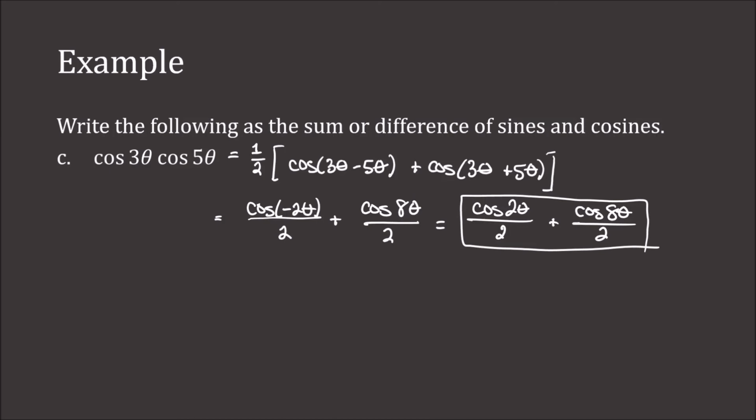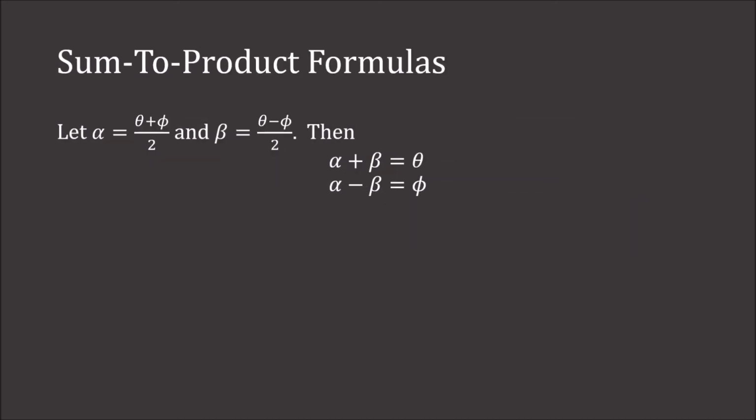Now we will look at the sum to product identities. To do this, let alpha be (theta plus phi) over 2, and let beta be (theta minus phi) over 2. Then alpha plus beta would be theta, and alpha minus beta would be phi. If we plug these into the product to sum identities we just derived,